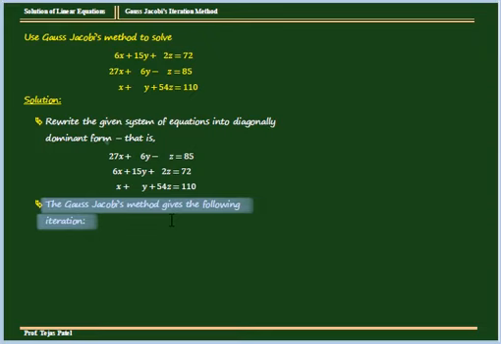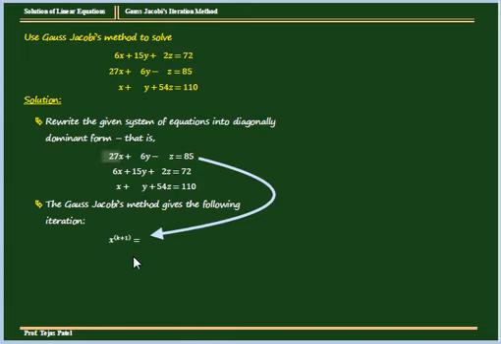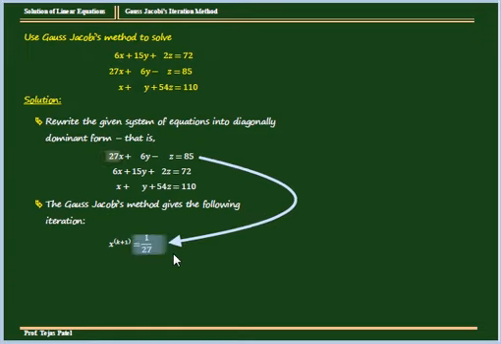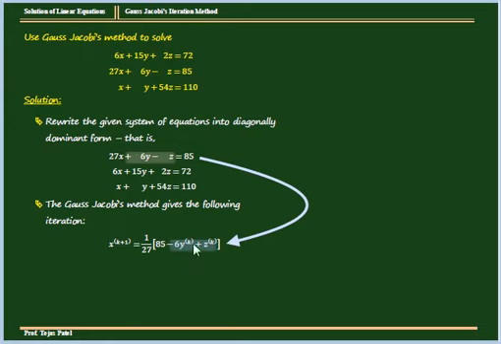Now we find the iteration. So from the first equation, x k plus 1 is equal to, we can see that the coefficient of x is 27, and उसको right side पे shift करेंगे तो it will be 1 upon 27. Then यहाँ पे equal to 85 है तो it will be in bracket 85 minus. Now the remaining terms are 6y minus z. तो उसको राइट साइड पे शिफ्ट करेंगे तो minus 6yk plus z.